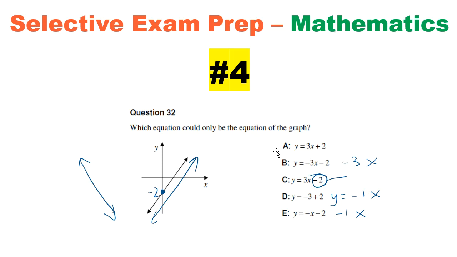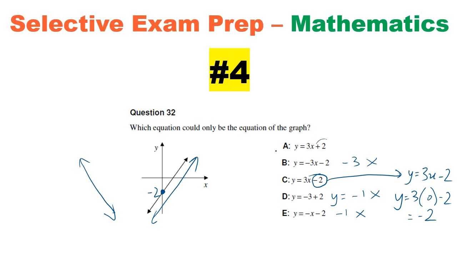So have a look at this equation. When we let x equal 0, it becomes something like this. So 3 times 0 minus 2. We're left with -2. And that's where it cuts the